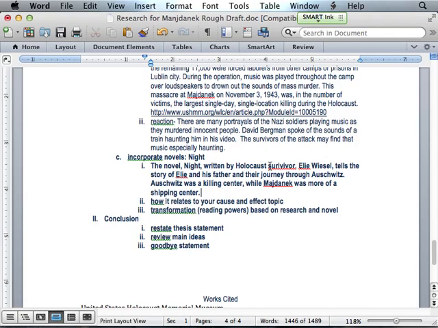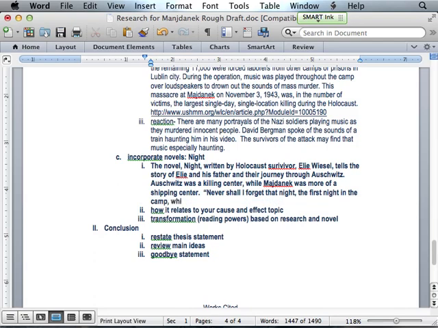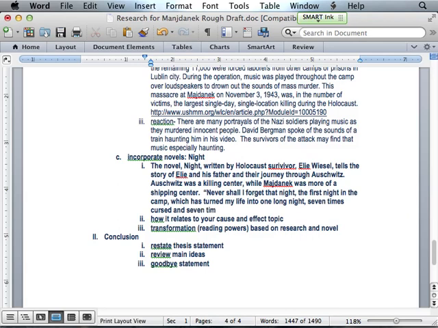I'm going to open quotes and copy. Never shall I forget that night, the first night in the camp, which has turned my life into one long night, 7 times cursed and 7 times sealed. Never shall I forget that smoke. And I'm going to do something called an ellipsis.